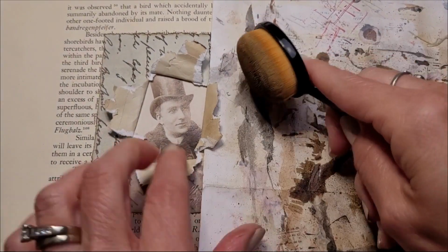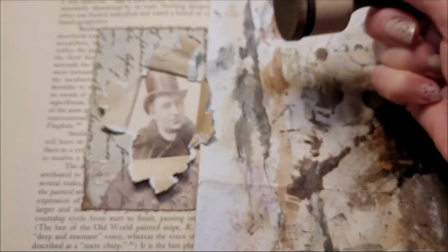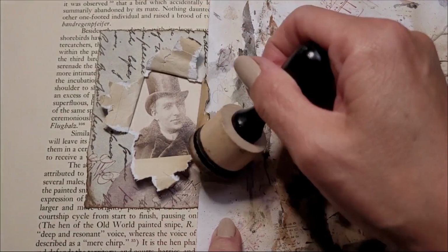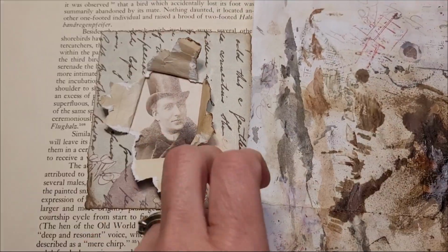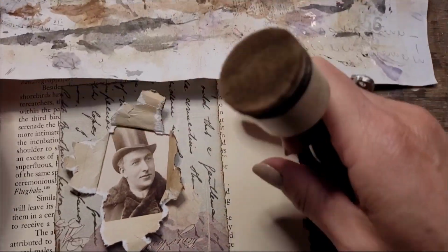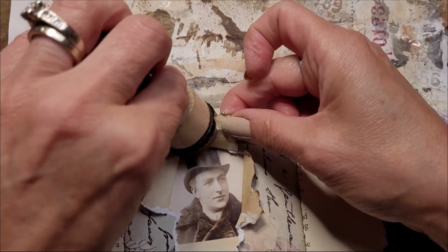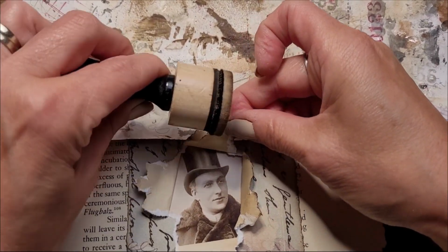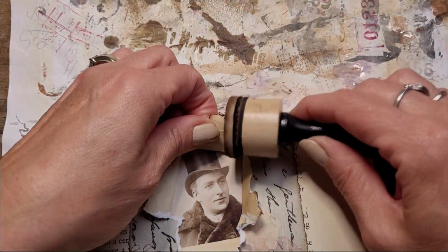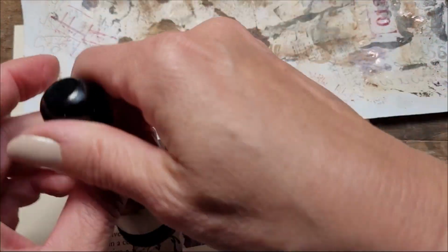I'm really on the fence about this because I actually kind of like the white. I'm not sure how much of it I'll color, but I'm going to color the edge. How about this? I know what I'm going to do. I'm going to leave the white, but I will ink the edges like so, so that they are darker. And I do want to protect the paper underneath. I actually really like it. So I'm going to go this way. You know what I mean? I'm just inking the edges right here. Like so. Oh, I think this will be lovely. Yeah, I'm going to leave the white. I think it adds to the whole torn-up